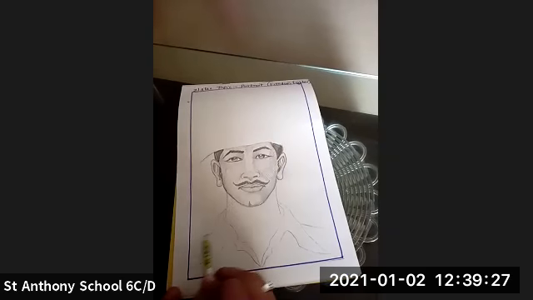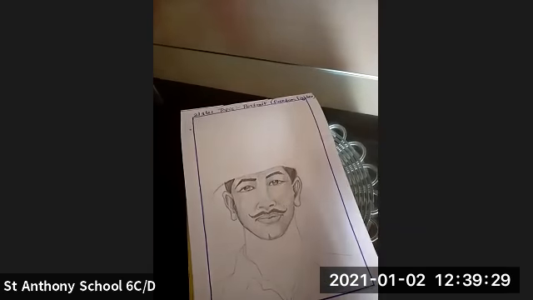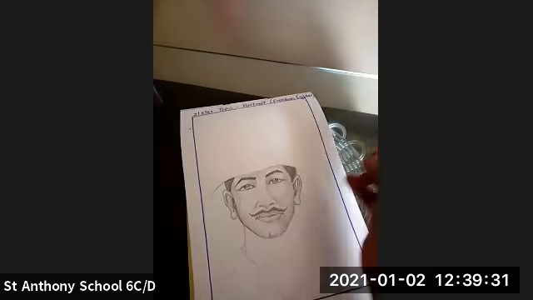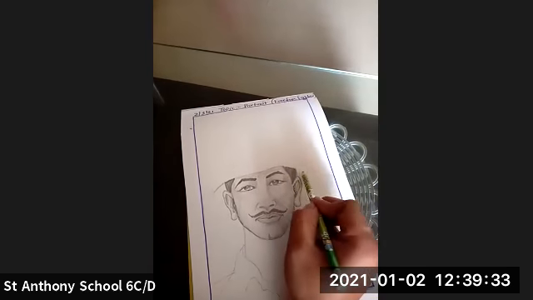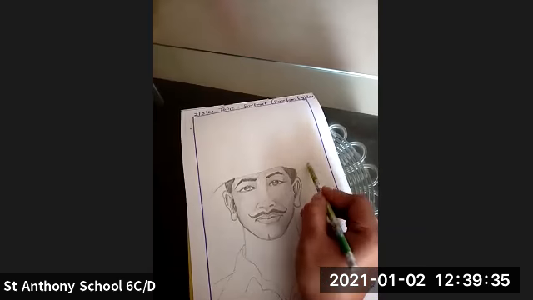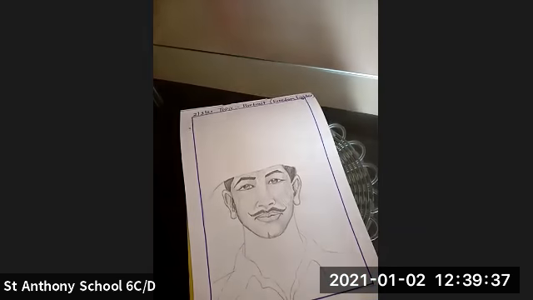This is the shoulder. Yes, and now what we are going to do is we are going to make the hat. So just look at this. From this part, the hat is going to be in the upper side.